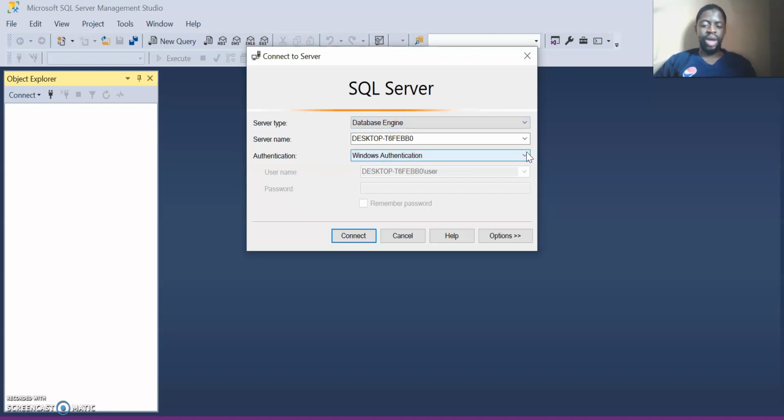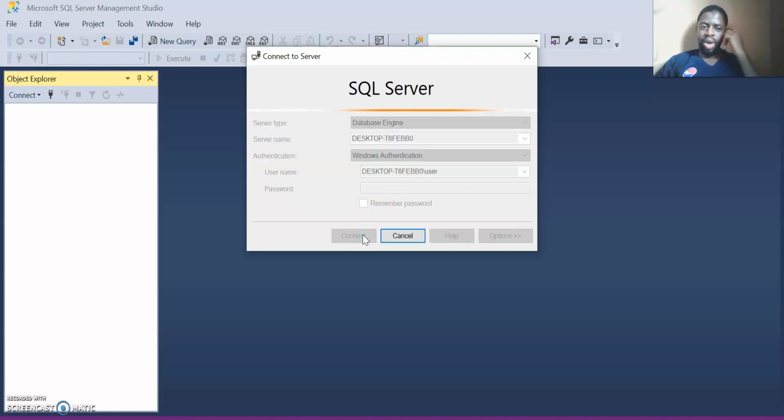What is my credential? It's actually just my Windows credentials. That's why you're seeing Windows authentication. If you want to use a different authentication, like you have a server instance created on Microsoft Azure, you probably need to click on SQL Server authentication, and then you provide your username and password. So I can quickly connect with just my Windows authentication and my local server.